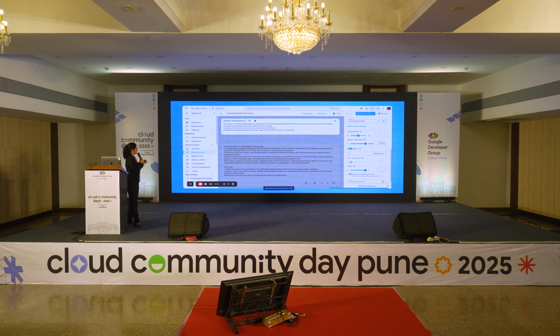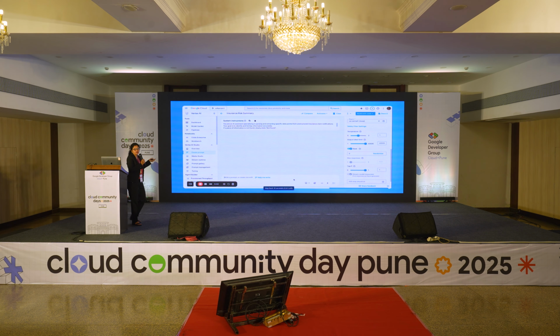So here I am changing my system instructions: if a piece of information is not found, clearly state not found. This kind of instruction I can give in the system instructions, and I want the exact information, like policy number, claim name, date of loss, time of loss, or a brief description of damage.